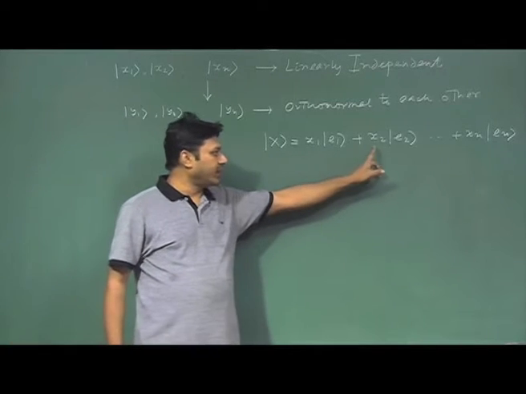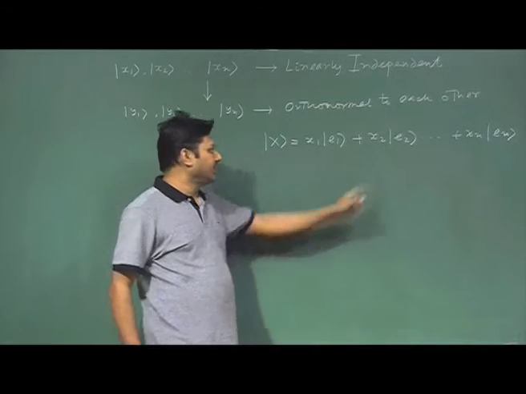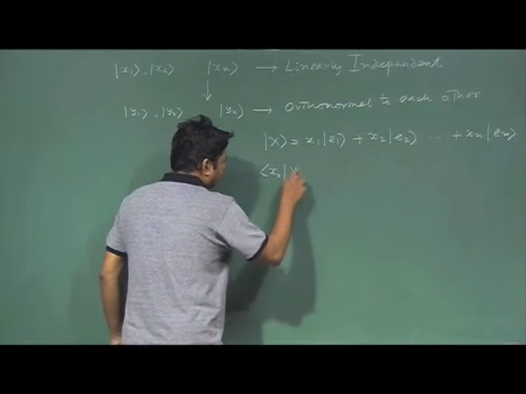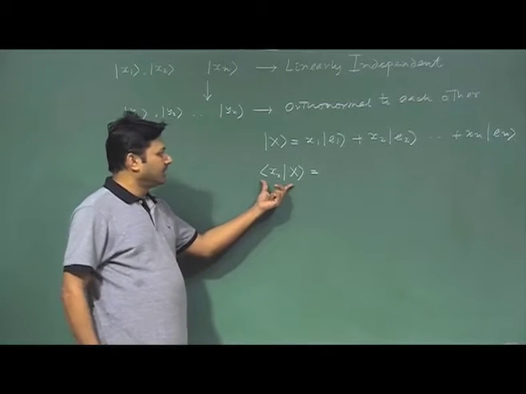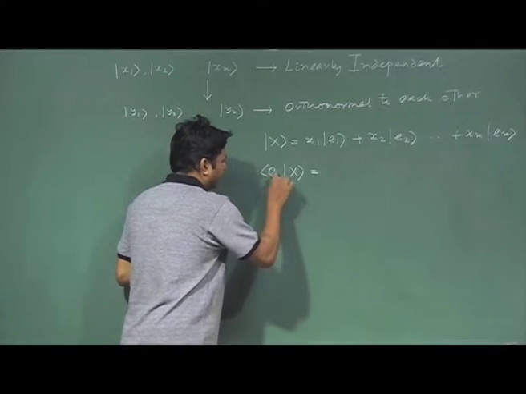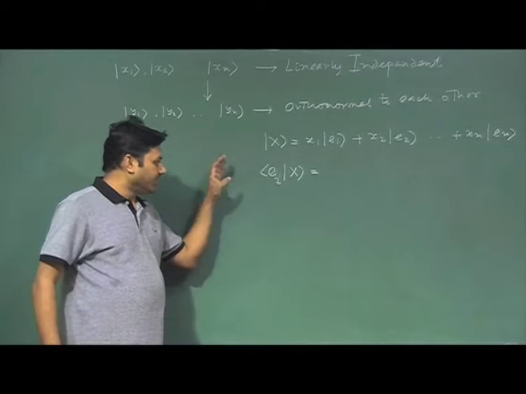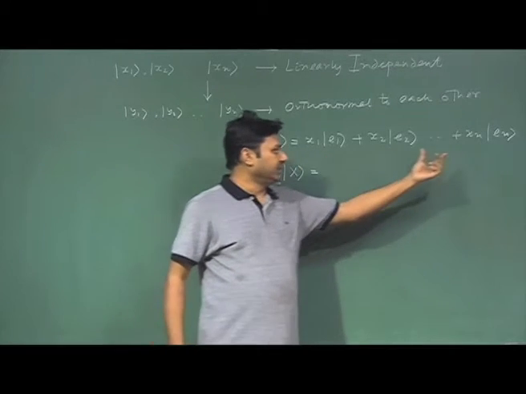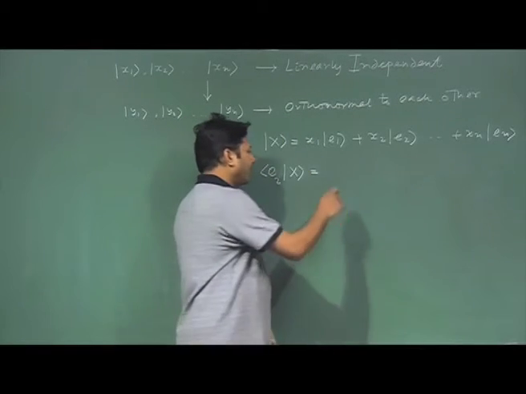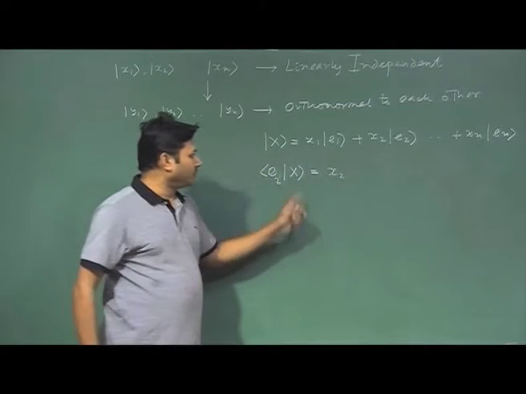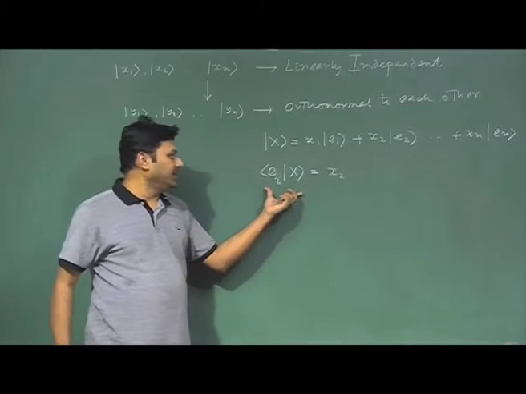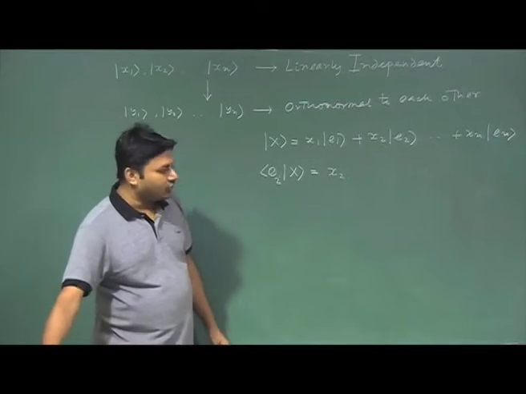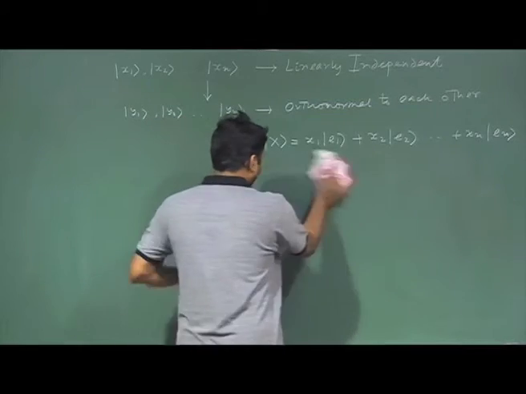For example, if I want to find any of the elements, say x2, I make this quantity, say e2, a projection over e2 from this side. Then all the terms are going to vanish except this one. So I will have x2 straightaway. So the component of the vector can readily be figured out if I use an orthonormal basis. So orthonormal basis is very important. I will come to this point again.